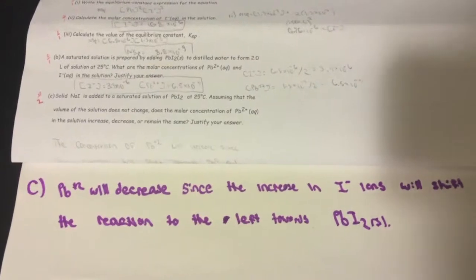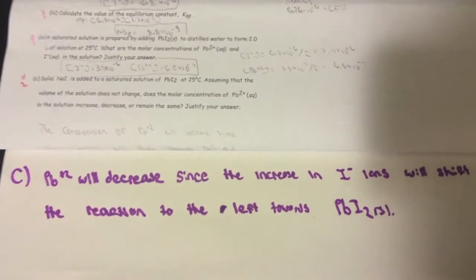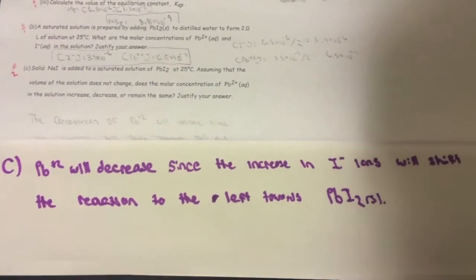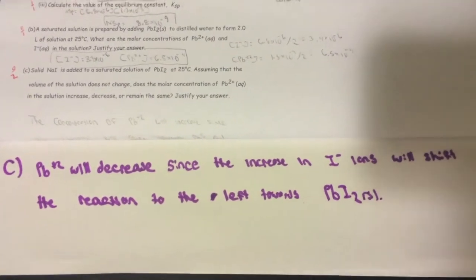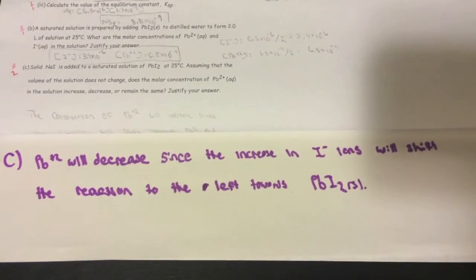For C, solid NaI is added to the saturated solution of PbI2 at 25 degrees Celsius. Assuming that the volume of the solution does not change, does the molar concentration of Pb2+ in the solution increase, decrease, or remain the same? So, Pb2+ would decrease since the increase in I- ions will shift the reaction to the left